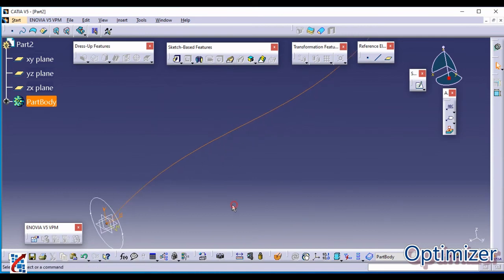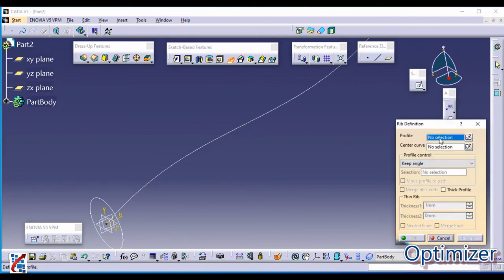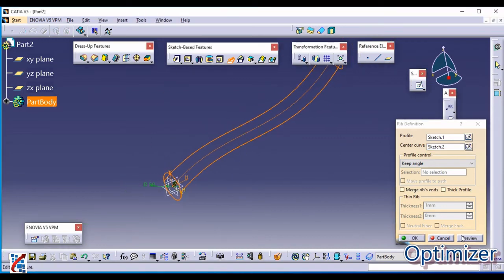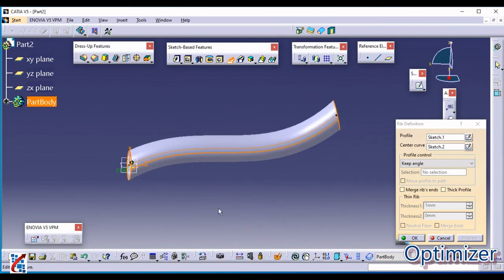In the rib command you need to select one profile and one guide curve. Just click on rib command. The profile is this circle, and the center curve is the one along which I want to move it. Click on that and check the preview. So material is added along the path you defined.